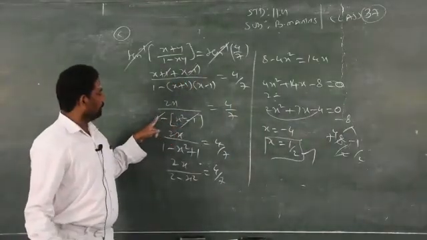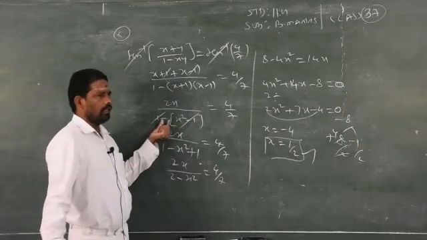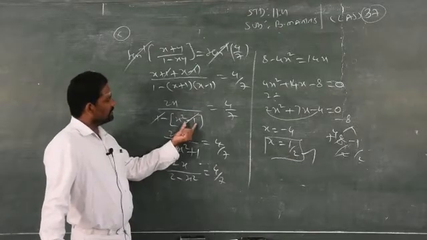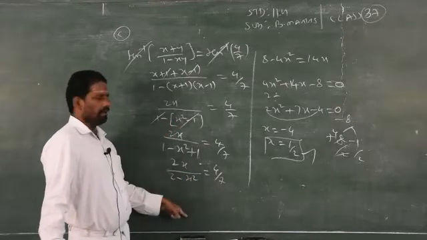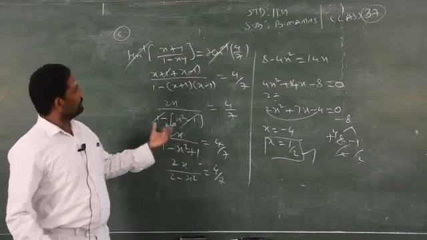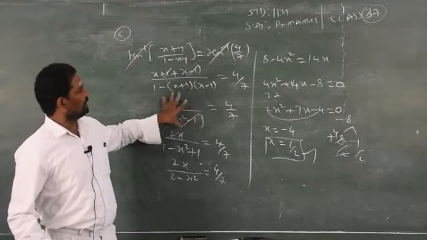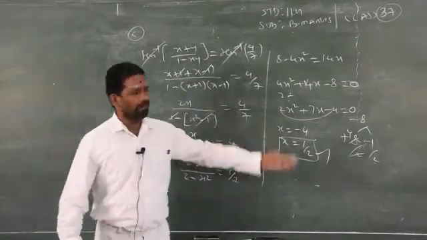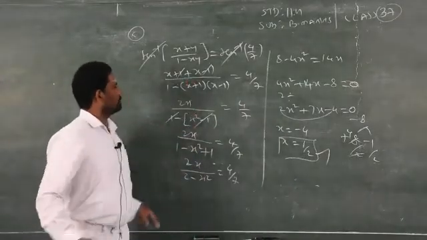Don't eliminate the plus 1 and minus 1, because this minus 1 inside the bracket is outside of the negative sign. So you take minus inside and then simplify. Clear? Just now I said if you cancel like this, you never get the answer. So be careful at this stage. Especially some of the boys make mistakes only in this area. If you make mistakes in these two steps, then you never get the required answer. So be cautious at these two stages.